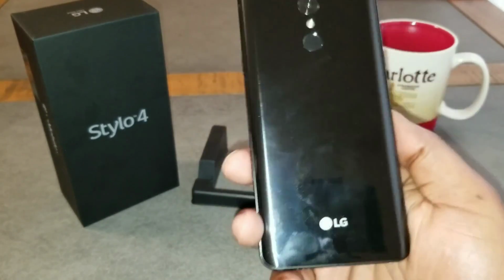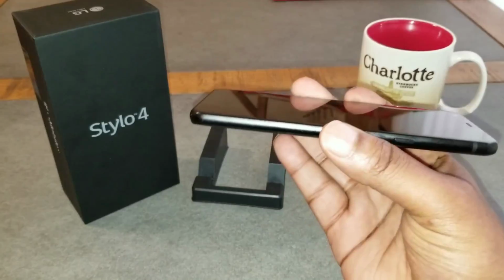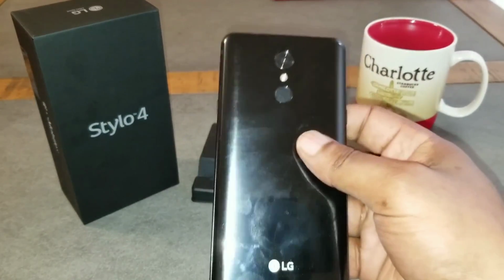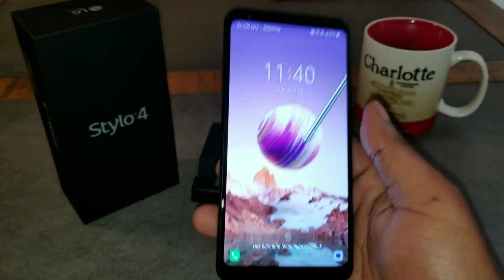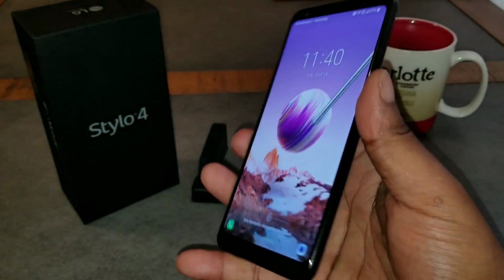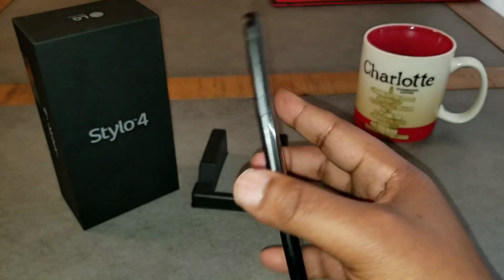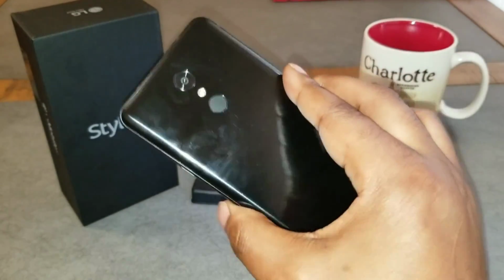But yeah, I just can't. I will be sending this back. This will not remain in my catalog because I just cannot deal with the lagginess of the device. 2 gigabytes of RAM did not do this phone any justice. Beautiful device, beautiful screen, nice build quality, pretty good pictures,